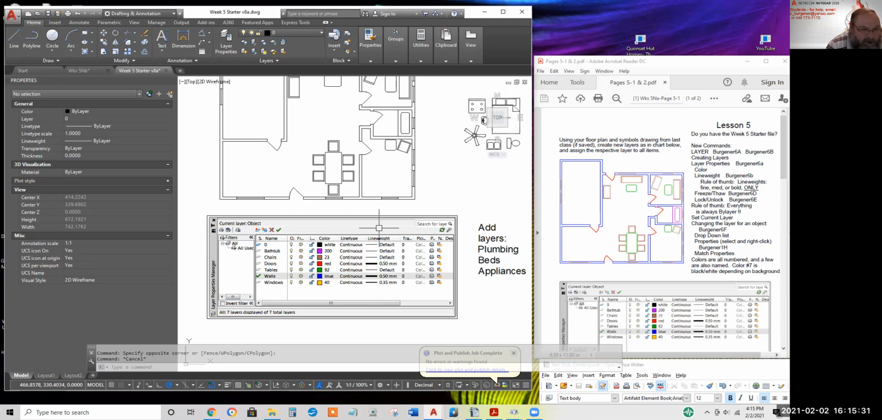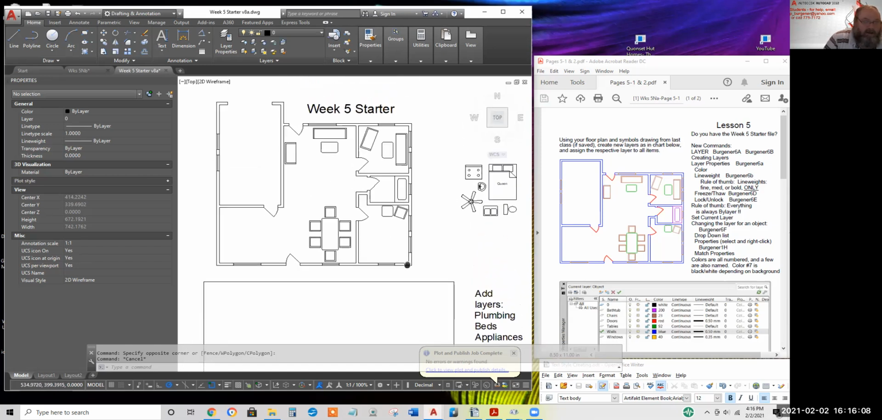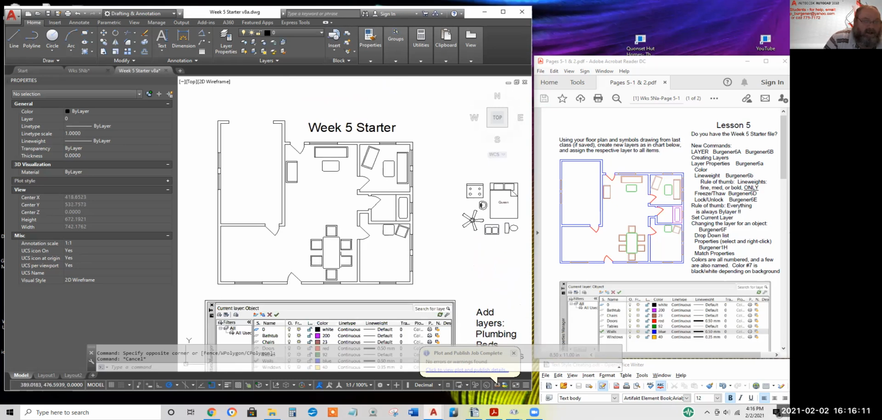Now, I'm pretty bad about drawing everything on layer 0 and then moving stuff to the right layer later. So I'll show you how to correct things if they're drawn on the wrong layer. There's 1, 2, 3 or 4 different ways. And then after we play with creating and assigning layers to your lines, arcs, and circles that are right now on layer 0,